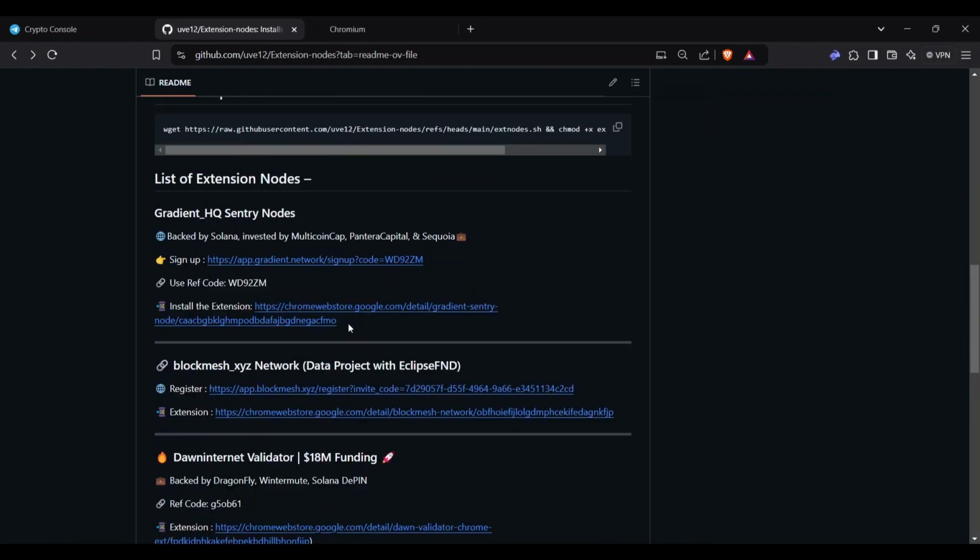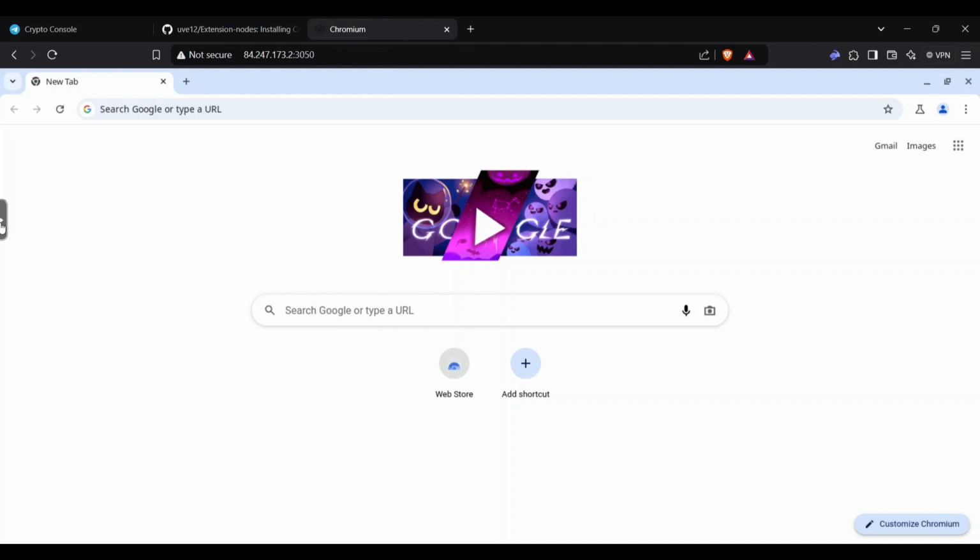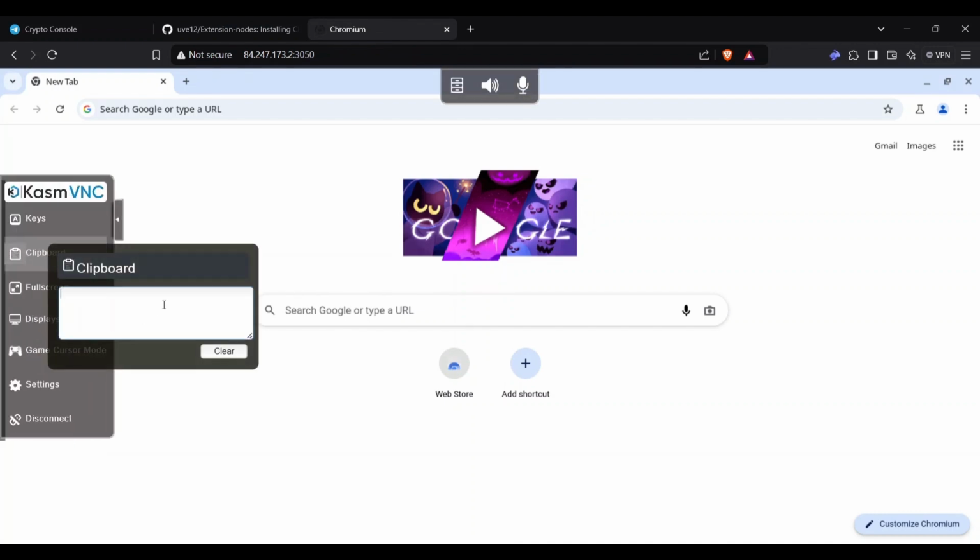So you sign up. Just copy this link and click here, then go to the clipboard and paste it. Then go to the search bar and paste the copied link. If you paste without going to the clipboard, the text won't paste on the search bar. So just use the clipboard, then use the search bar. Okay,